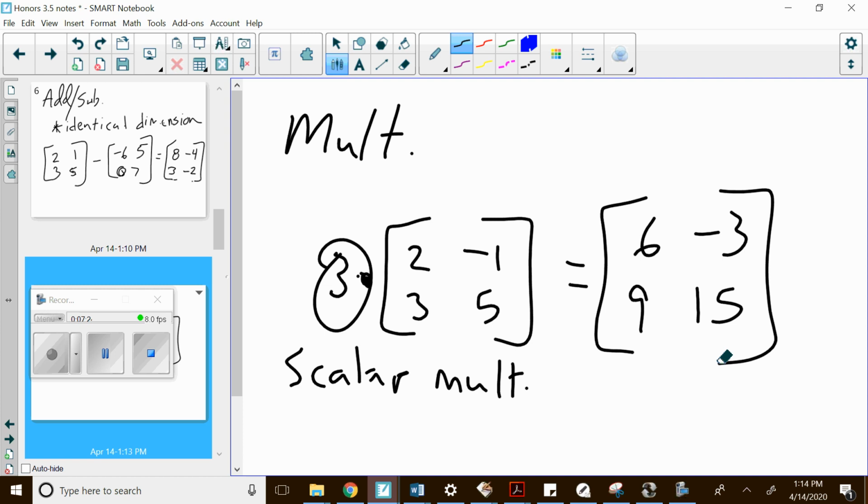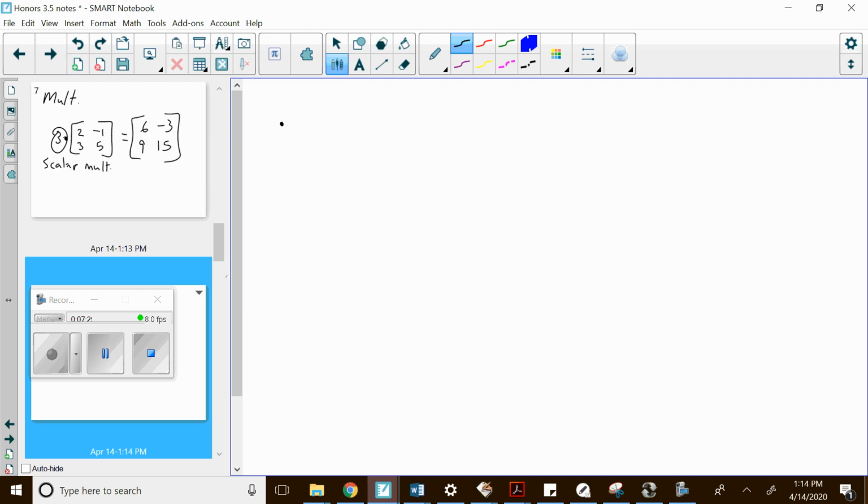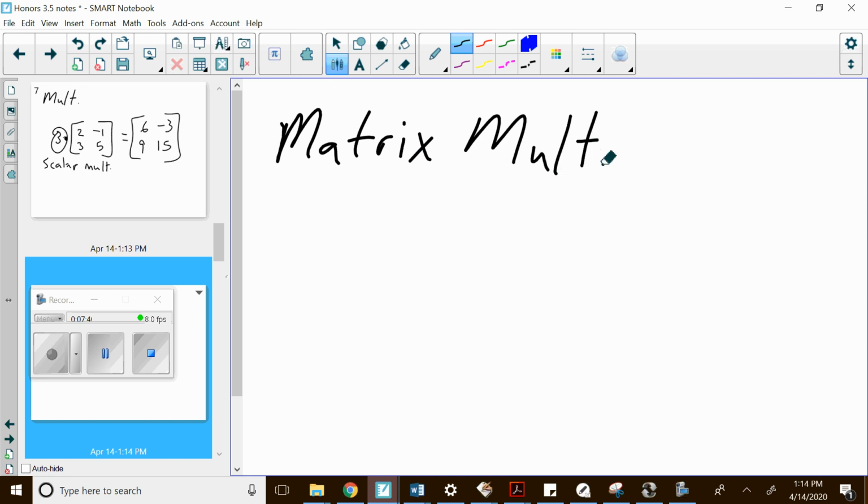Then there's just a multiplication of a matrix times a matrix. Let me show you how that works for a minute. Okay. So let's see. Multiplication of matrices. So matrix multiplication. Okay. The rule here is the columns. Write this down. Turns out it's not about the matrices having identical dimension when we're multiplying. The columns of the first, write this down,